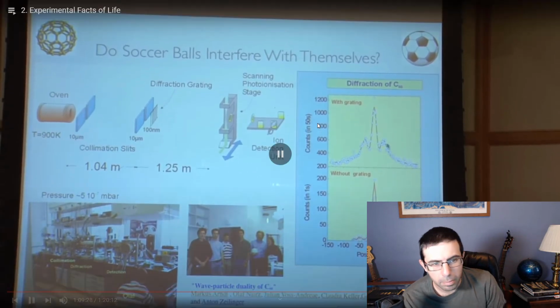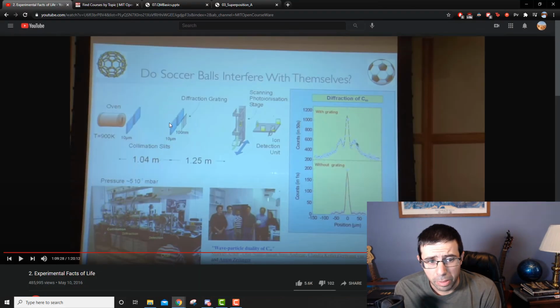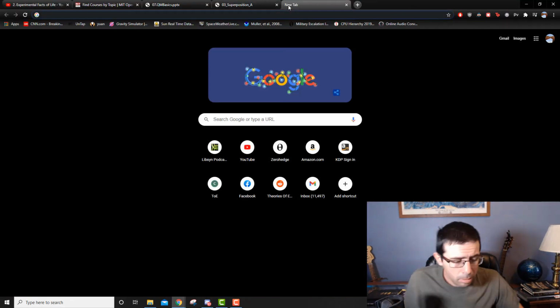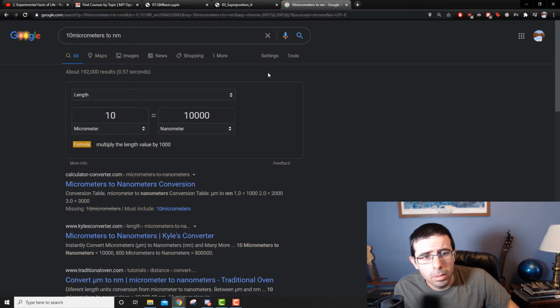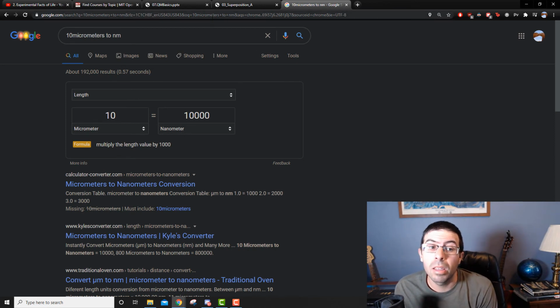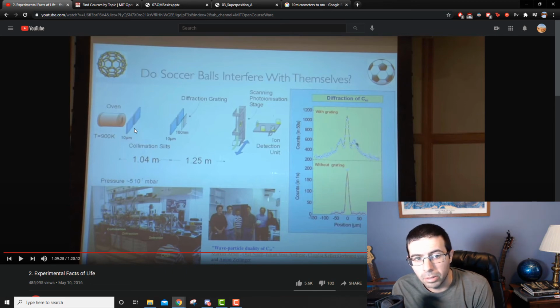You get interference fringes. Notice the slit is 10 micrometers, which is 10,000 nanometers. So the single slits that they use in these portions are significantly larger than the diffraction grating. Mind you, these are massive